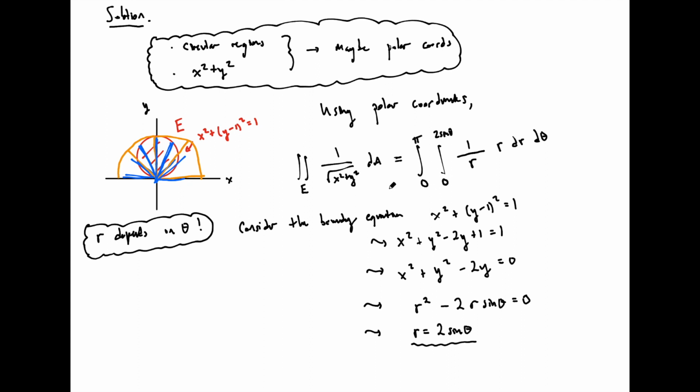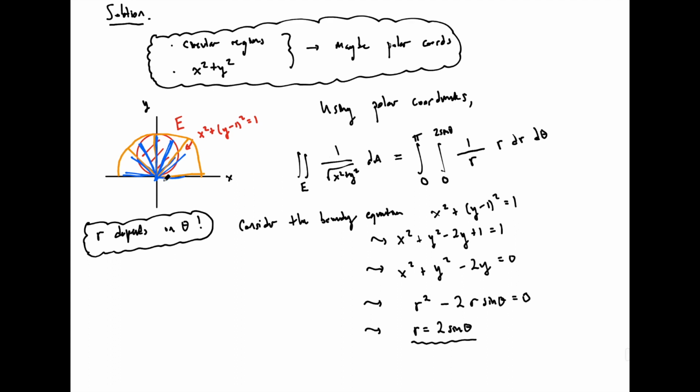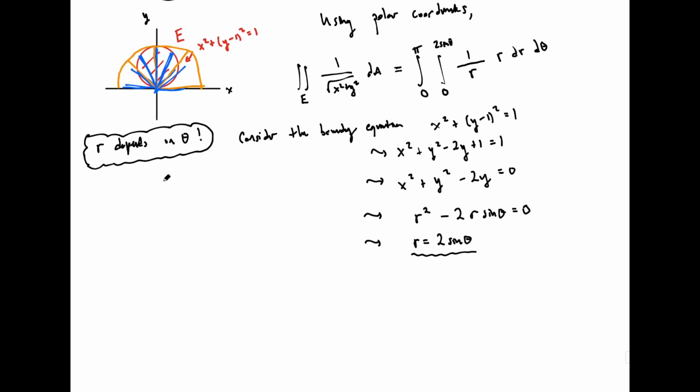This kind of thing is a little weird the first time you see it, so you might have to pause the video and think about this for a second. But you can convince yourself that those are the relevant bounds for theta. And there we go. We've now successfully turned this double integral into an iterated integral in terms of r and theta. So continuing from up here,